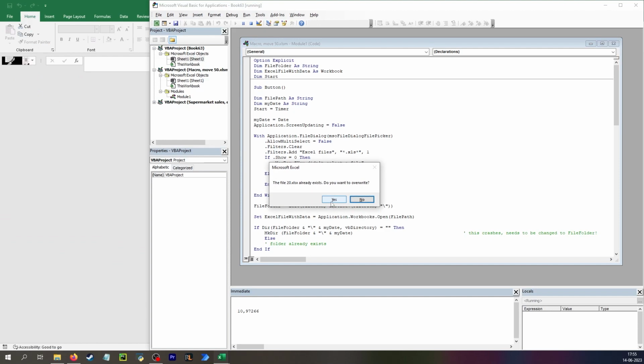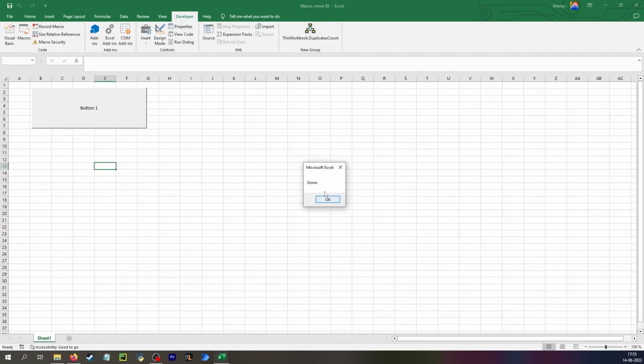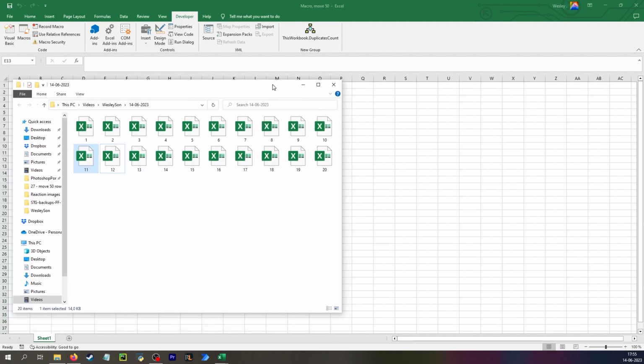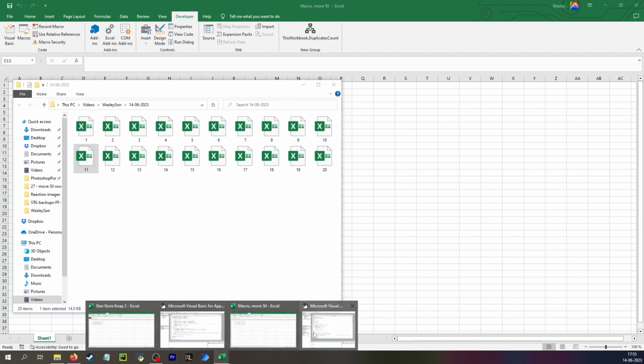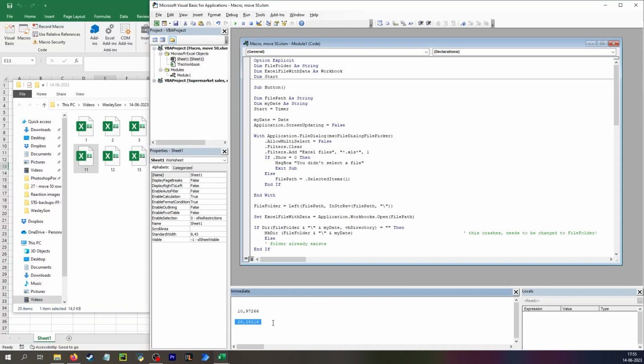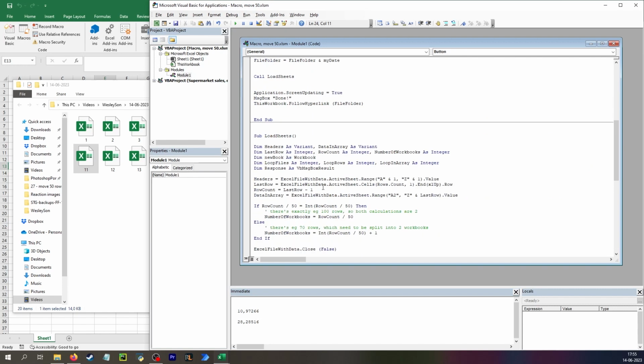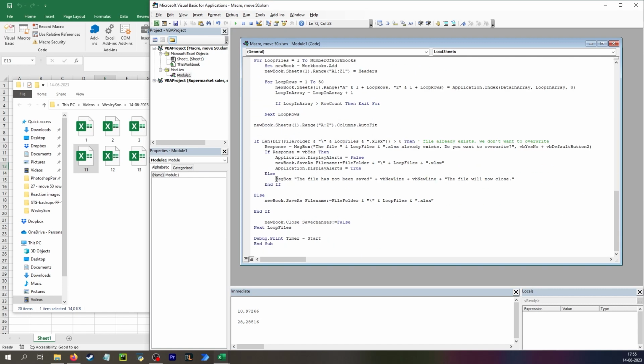Now we're on the last file, and it says done again, and it opens up the folder. And it took obviously considerably longer because I had to click OK, OK, OK, OK. But this shouldn't really happen. If you really want to be fancy, you could probably add something here where if you say you shouldn't overwrite the file, maybe you should actually close the whole macro, or if you wanted to, you could make a new